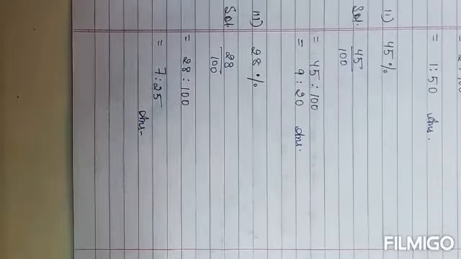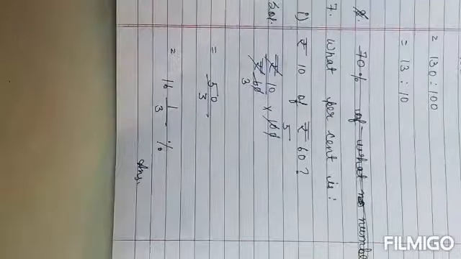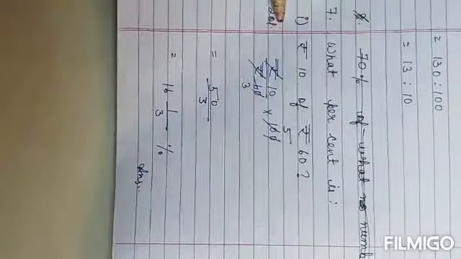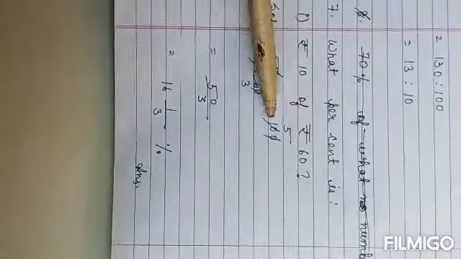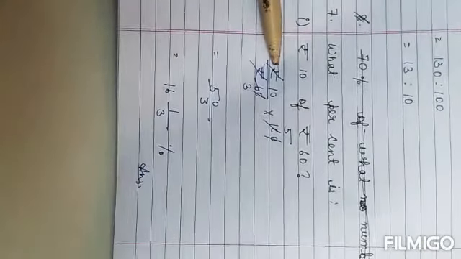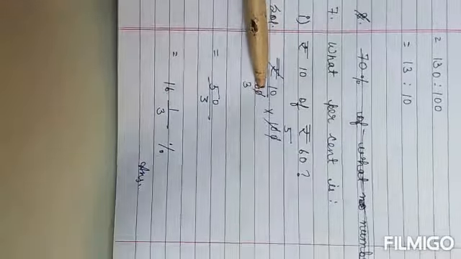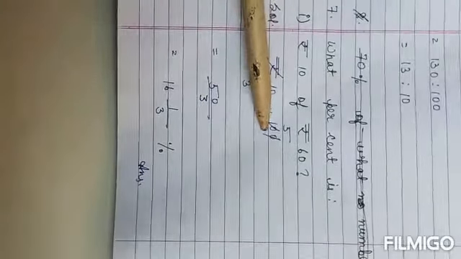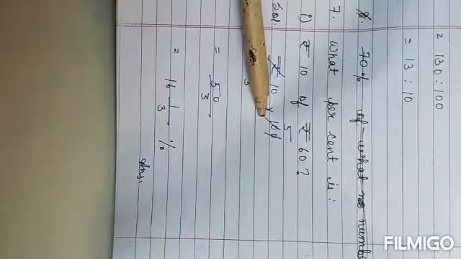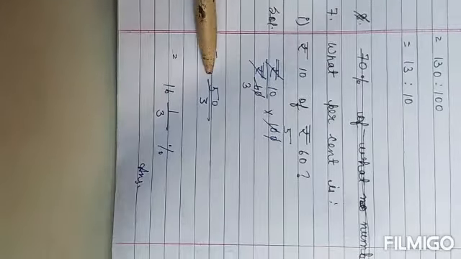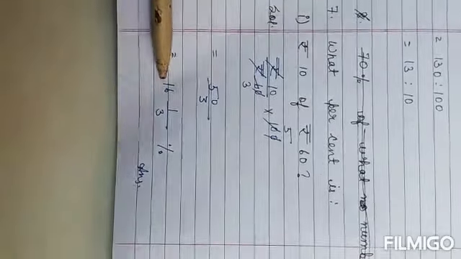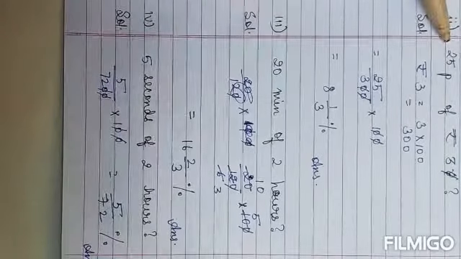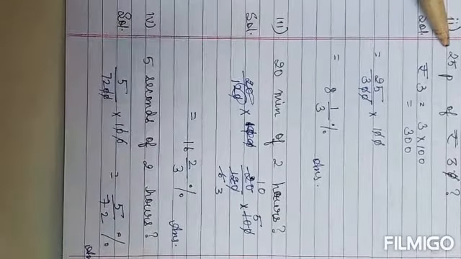Now I am going to explain question number 7. The question is given, what percentage is. First question it's given rupees 10 of rupees 60. So how do you write? You have to write in the ratio form. Write rupees 10 by rupees 60. You have to multiply 100 because you have to find it in percentage form. So divide it, you are getting 50 by 3, or in the mixed fraction you write 16 and 1 by 3% as the answer. Question number 2 you have to do the same.